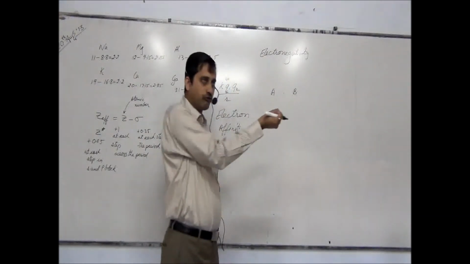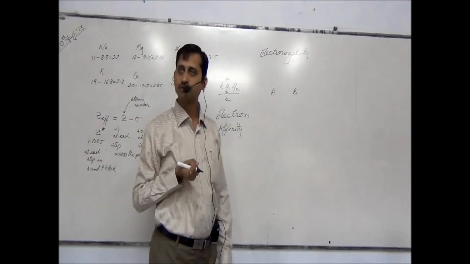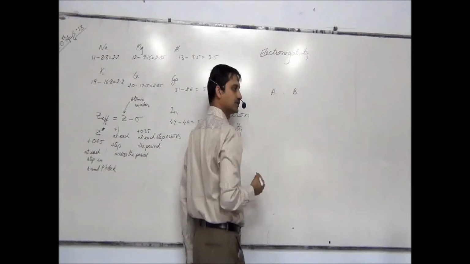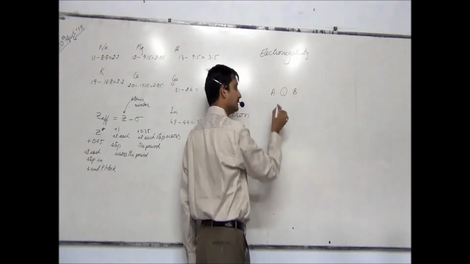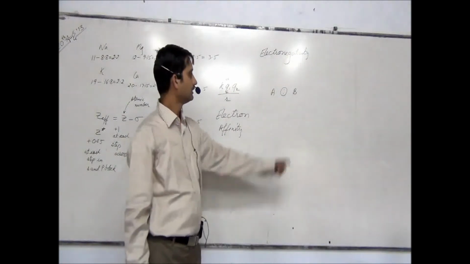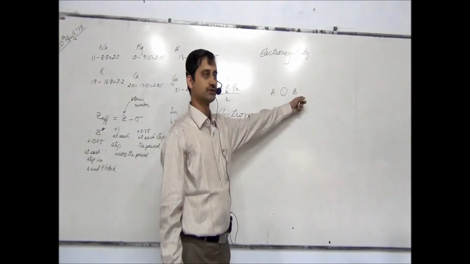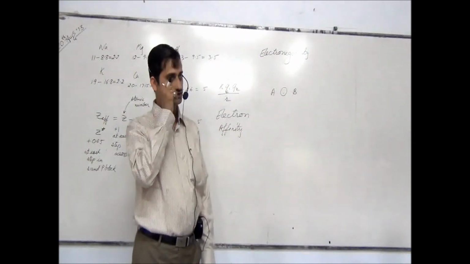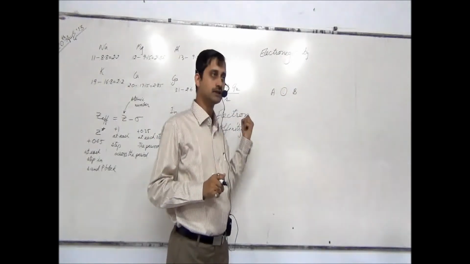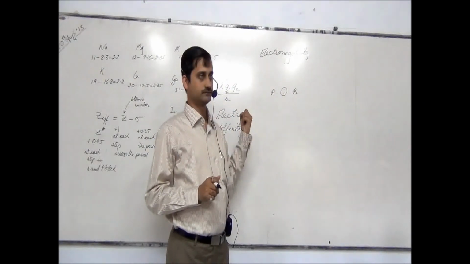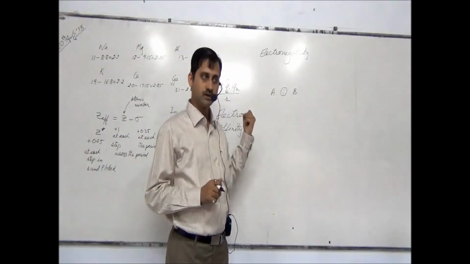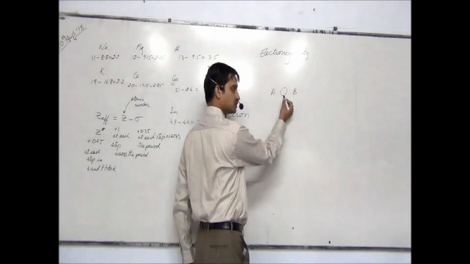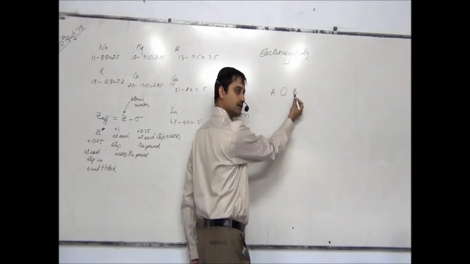There is a kind of a war between A and B to attract the electron towards themselves. A is attracting it towards itself, B is also attracting it towards itself. Where this electron ultimately rests depends on the effective nuclear charge of the two. The atom which has a higher value of effective nuclear charge will be able to pull the electrons more strongly. Is it okay? Now this capacity of an atom to pull this shared pair of electrons towards itself is called